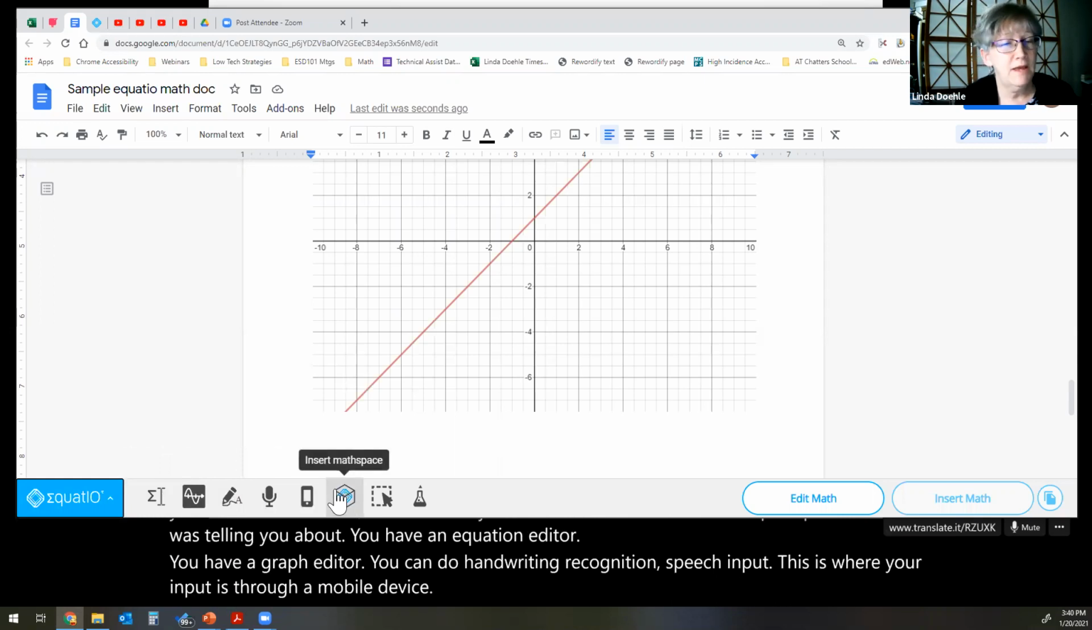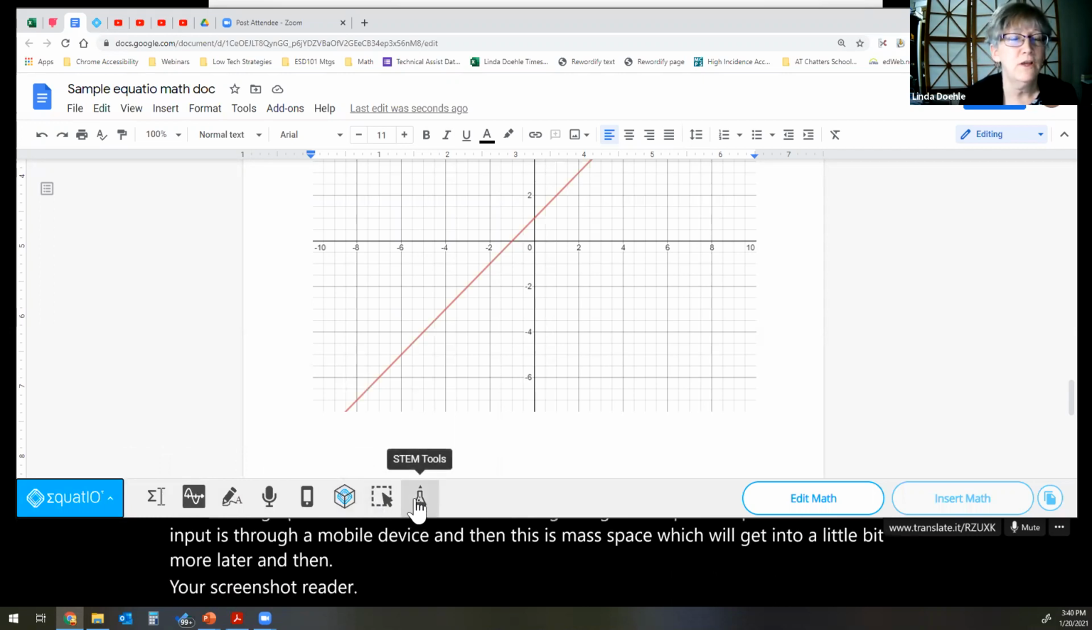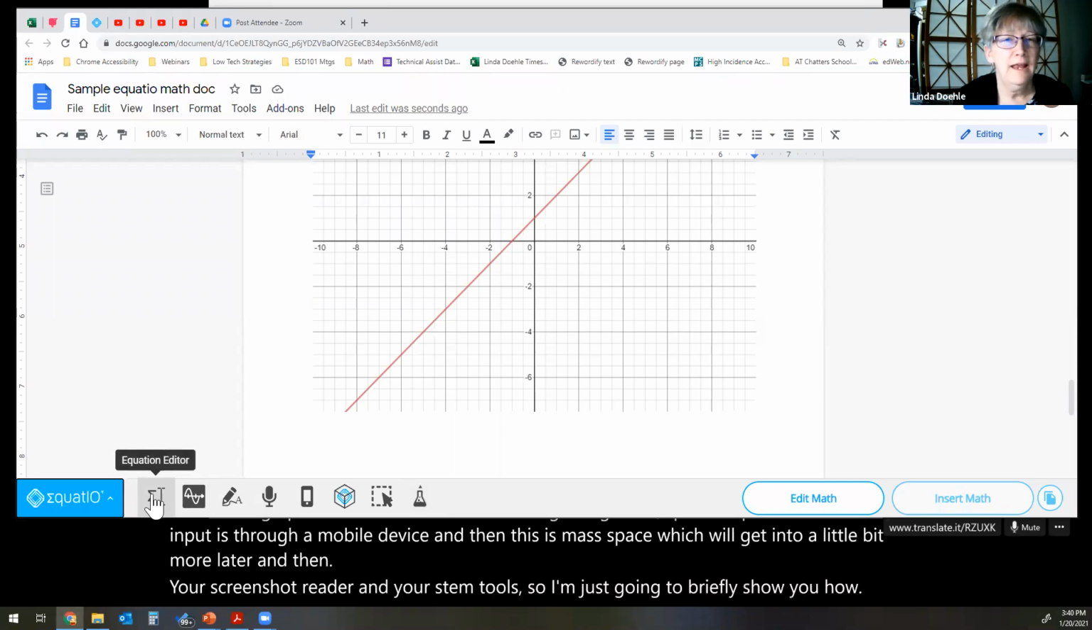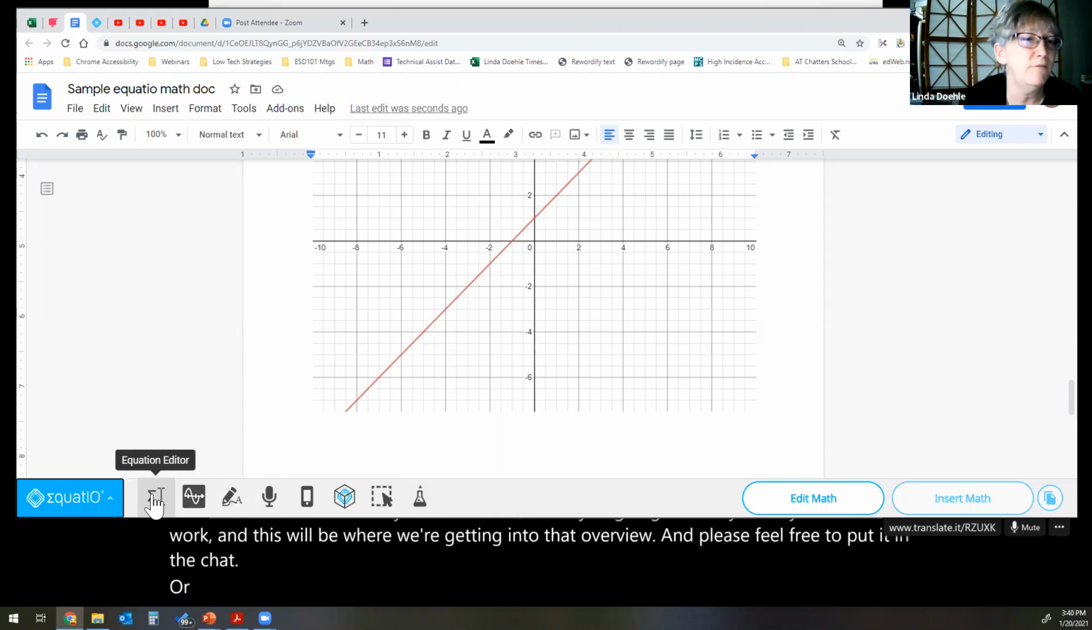And then this is MathSpace, which we'll get into a little bit more later. And then your screenshot reader and your STEM tools. So I'm just going to briefly show you how these work. And this will be where we're getting into that overview. And please feel free to put it in the chat or just even interrupt me if there's something you want